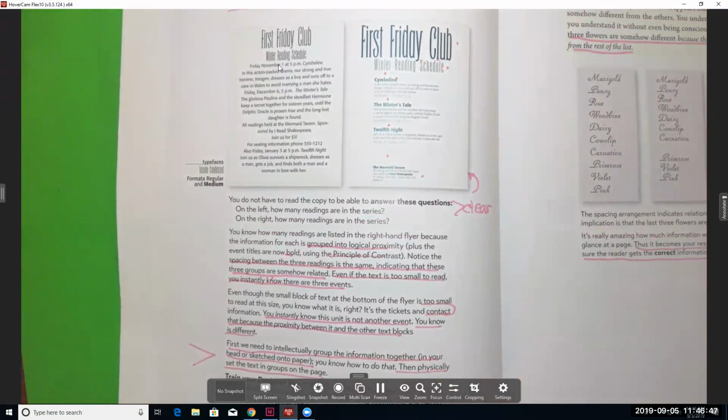It's important: Friday, November 1, 5 o'clock. But I can't even hardly read that, but Cymbeline, that's apparently the first reading. And then, gosh, I can't even really tell what the other readings are. Whereas this one clearly lays out